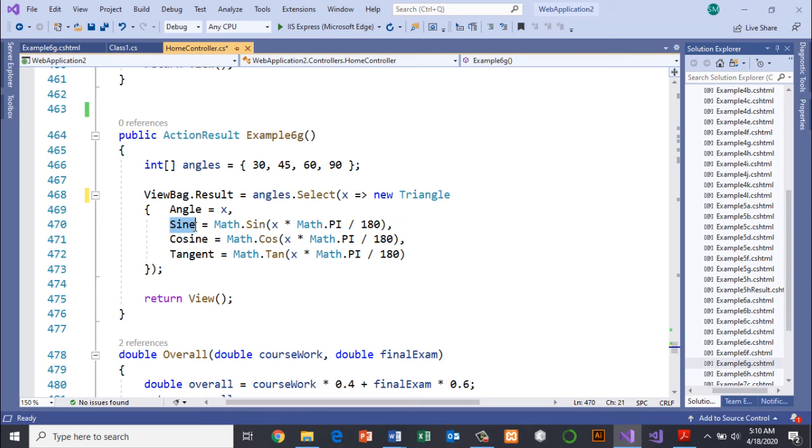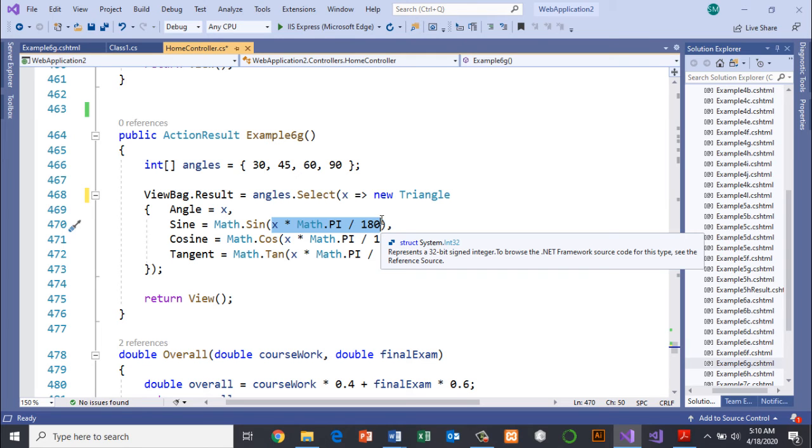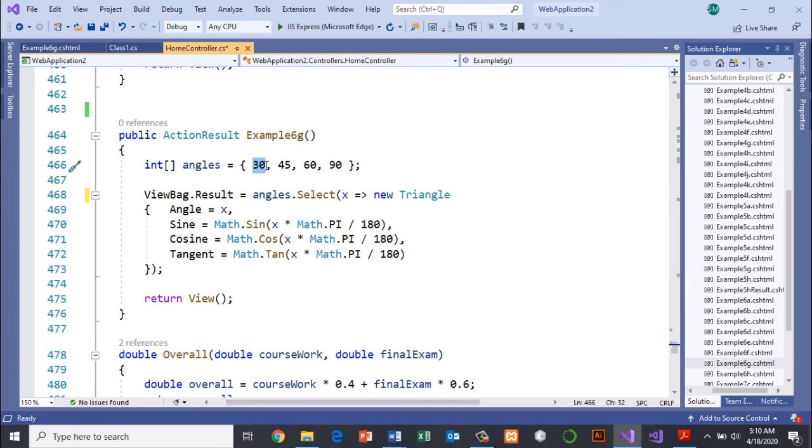Now for sine, the property equals to, okay, now here there is a built-in method. The method for sine, we have Sin. Okay, now here the angles, we cannot actually convert 30 directly, but we need to change the type to what we call a radian. Okay, this is radian. For those who study mathematics will know the radian type.